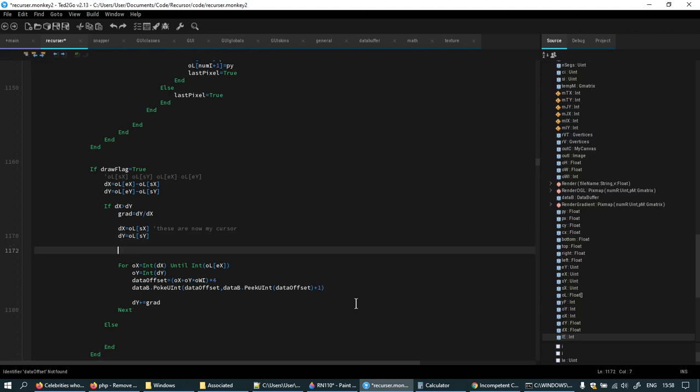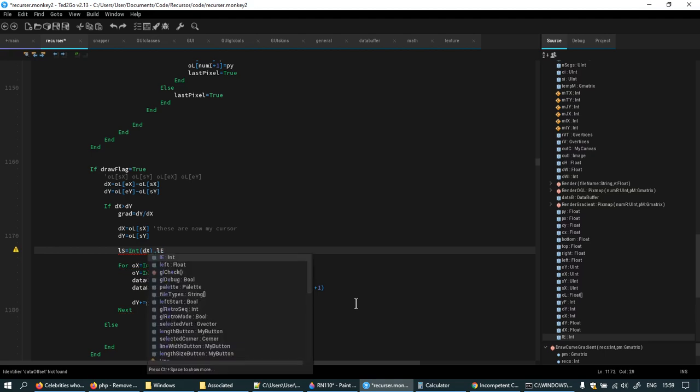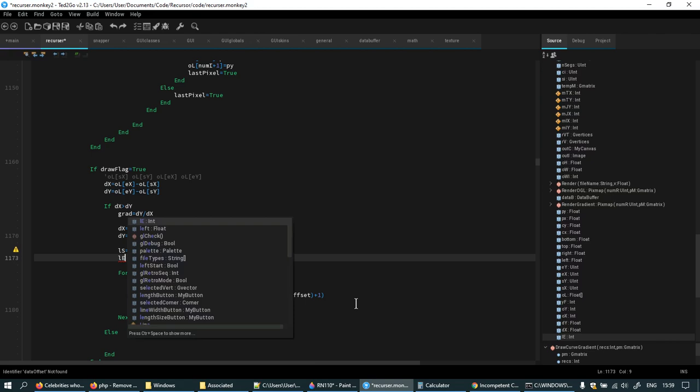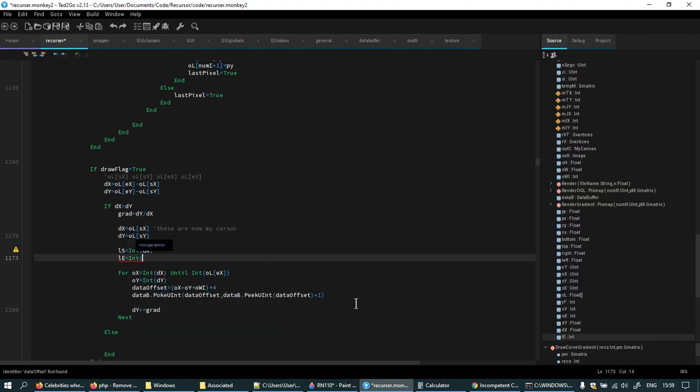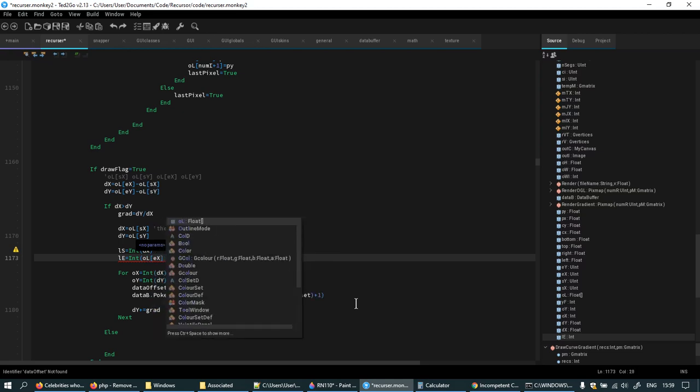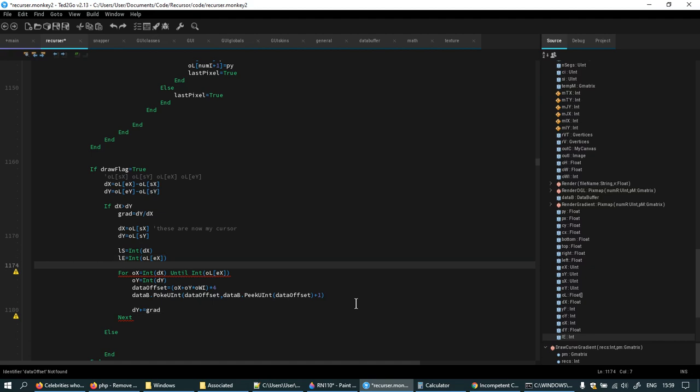and saying line start equals the integer of x dx as it now stands. And line end equals the integer of output line end x. Then I say